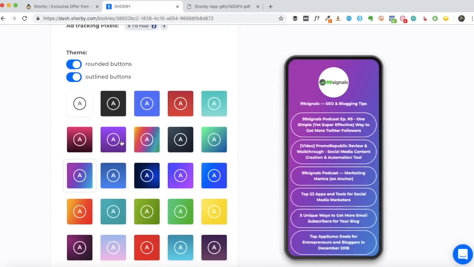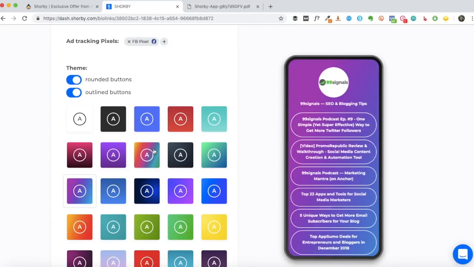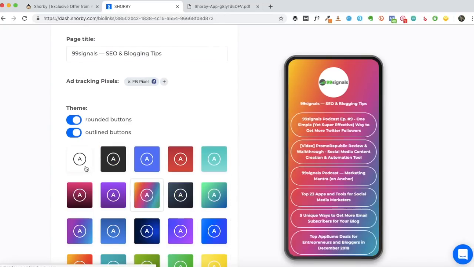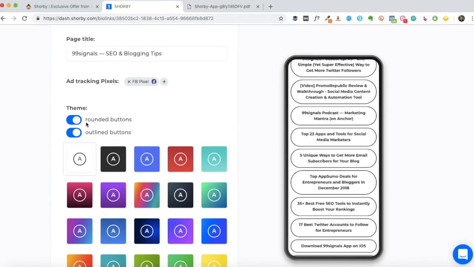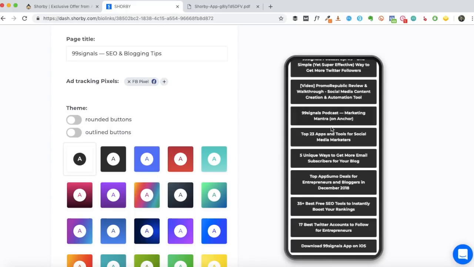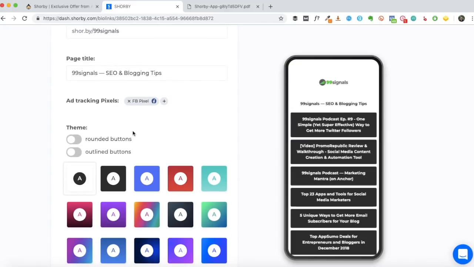Now, this is where you can play around with the styling of your page, the design of your page, and you can choose different colors here. So you can stay true to your color palette. So when you first create a profile on Shorby, this is what it will look like. To be exact, this is what it looks like. It looks very plain, so obviously you would like to style it, and this is the page you have to come to change all this.